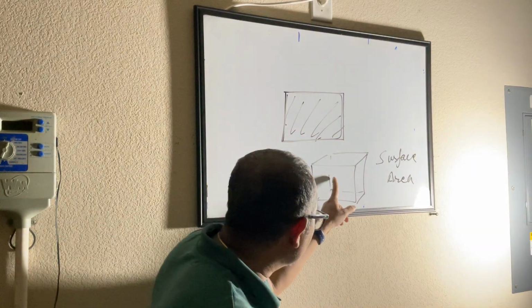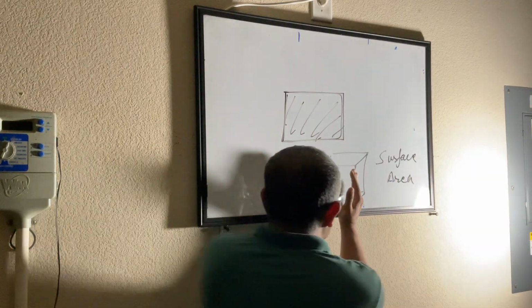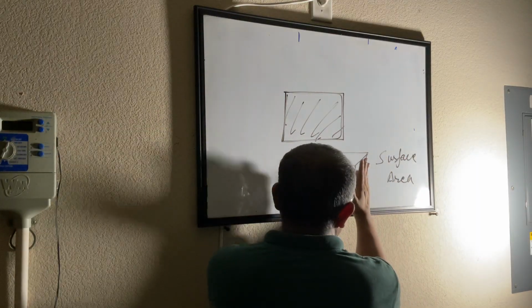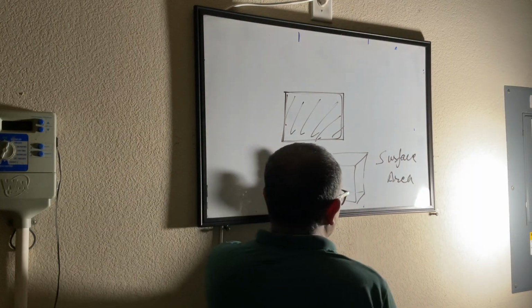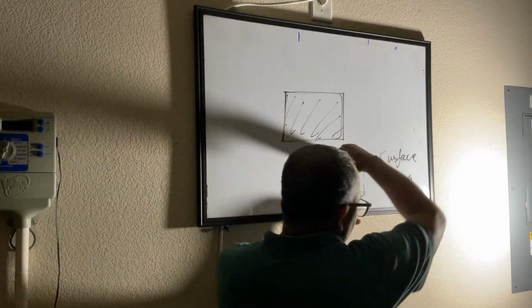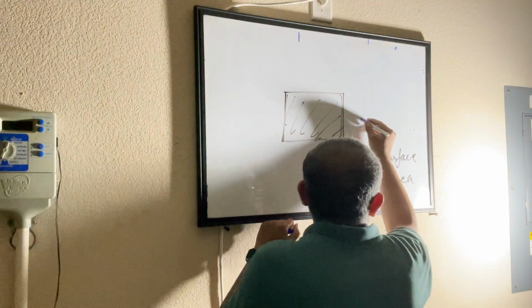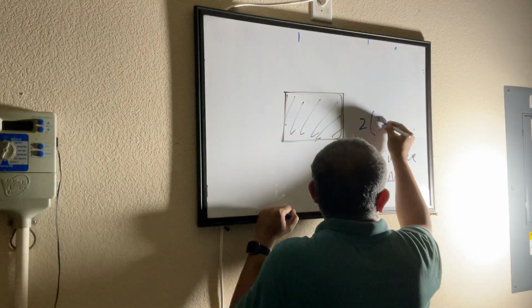And in case of a cuboid, what do you see? This area and this area in the back, they look the same. This area and the area on the side opposite to it look the same. The area at the top and the area at the bottom look the same. So the surface area of a cuboid is 2 times the top area,